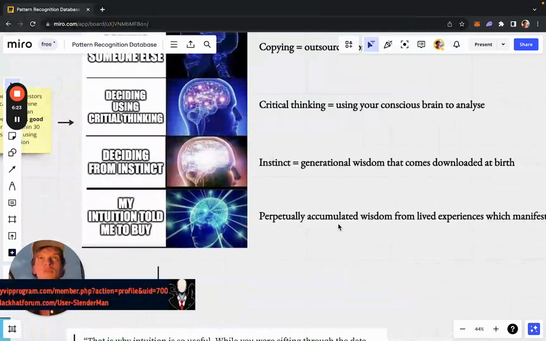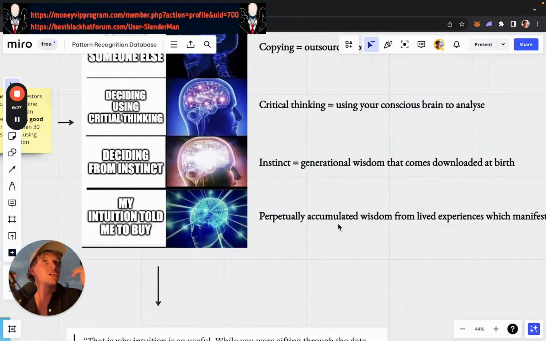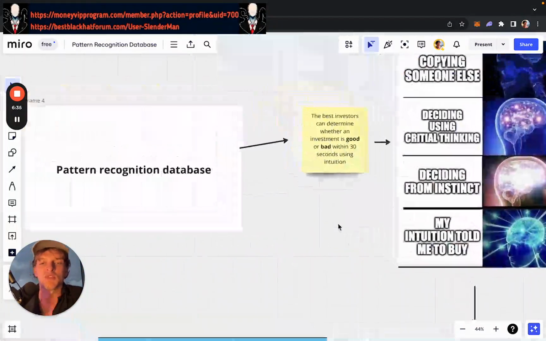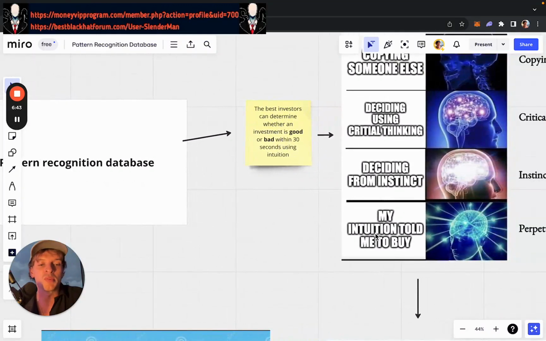So you live your life, you make mistakes, you learn from the mistake, you remember the mistake, you've downloaded the memory and the lesson, and then you do that 10,000 times over, and you actually pick up patterns. And this is what I refer to as the pattern recognition database, right? You live an experience like the lion, you know not to go near lions, you've now built an intuition.